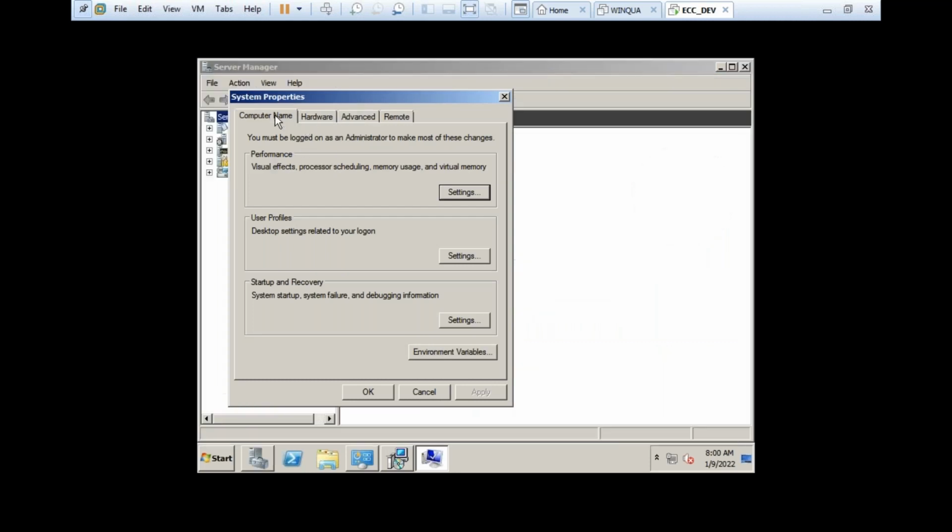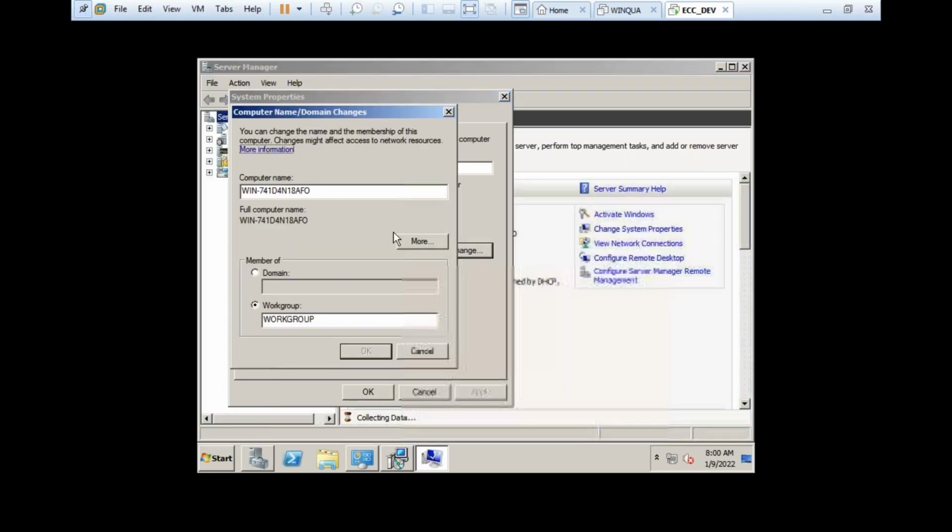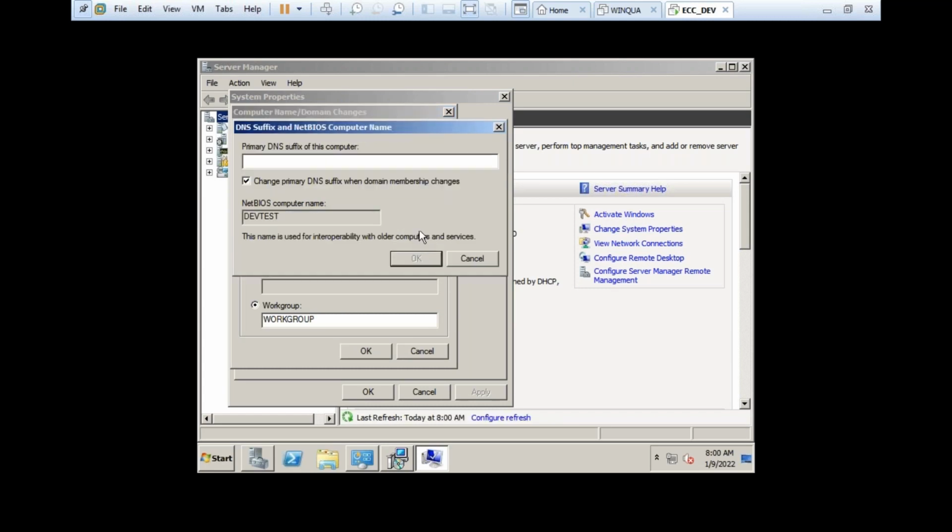Again, go to the same place. Now change the name of our laptop. This is the FQDN name. I'll give devtest here, and the domain test.com.